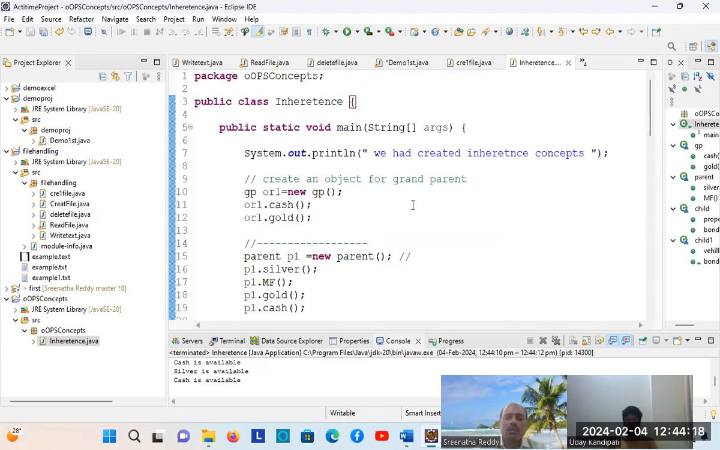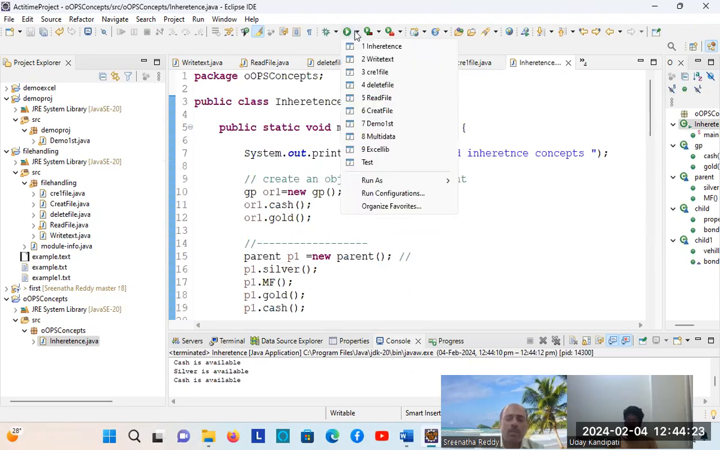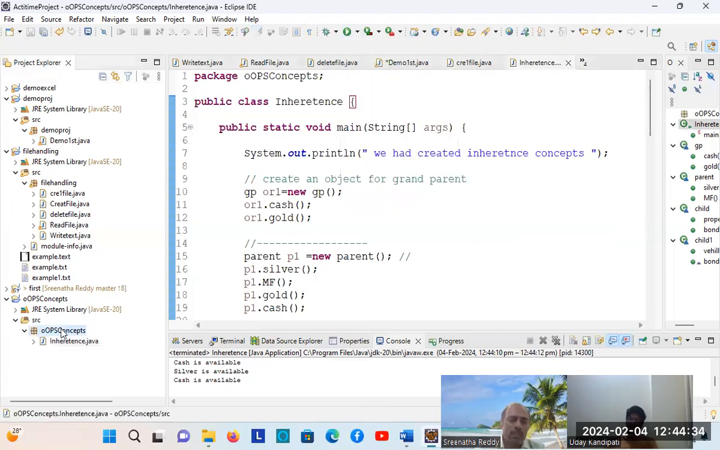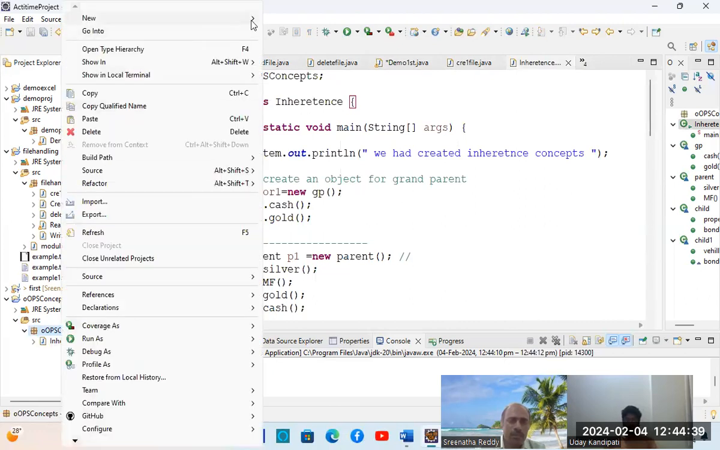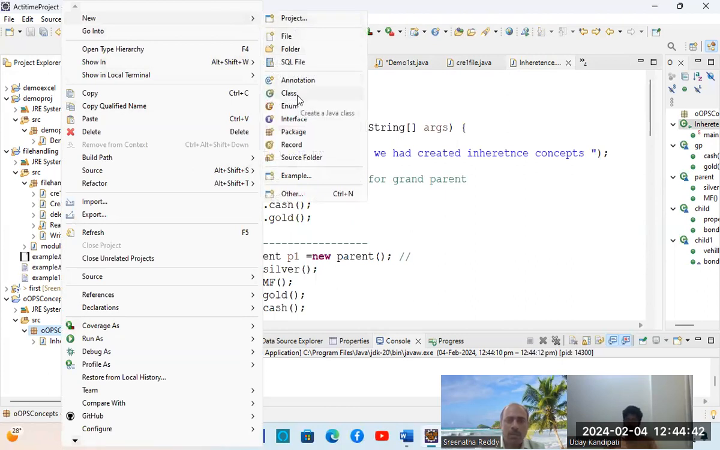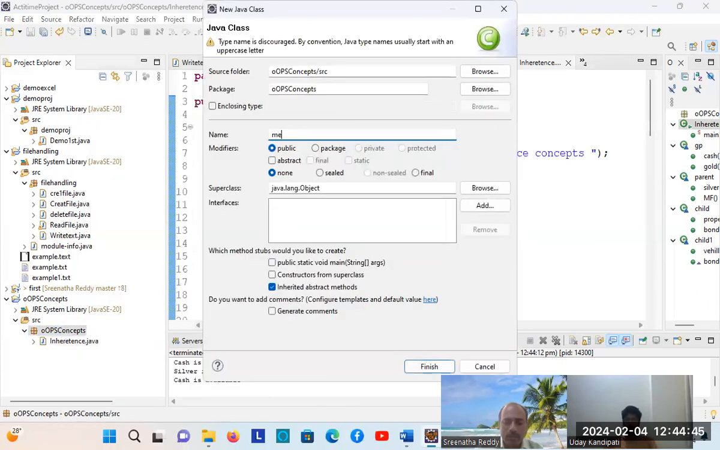Now we'll go with polymorphism, like method overloading or method overriding. How can we achieve method overriding? Under this, I will create one more class called method overloading. Before going to method overloading,